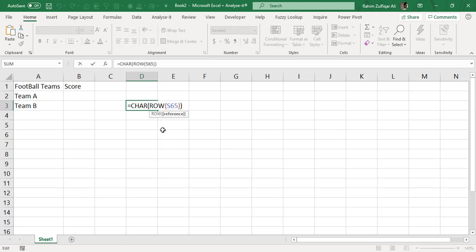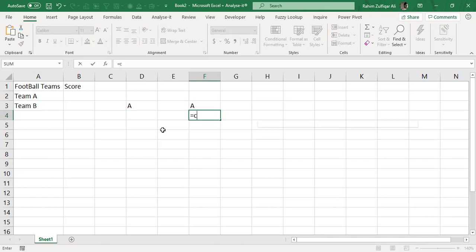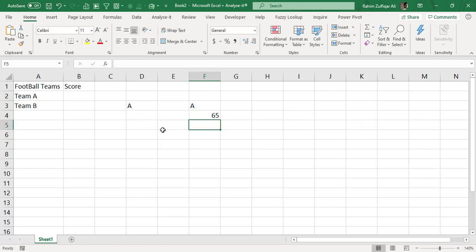Now why 65? There is a small logic behind it. Let me tell you if you don't know. If I want to find out the code of the capital letter A, I have a function within Microsoft Excel, equals CODE, and I give a reference to it, and it will return 65.